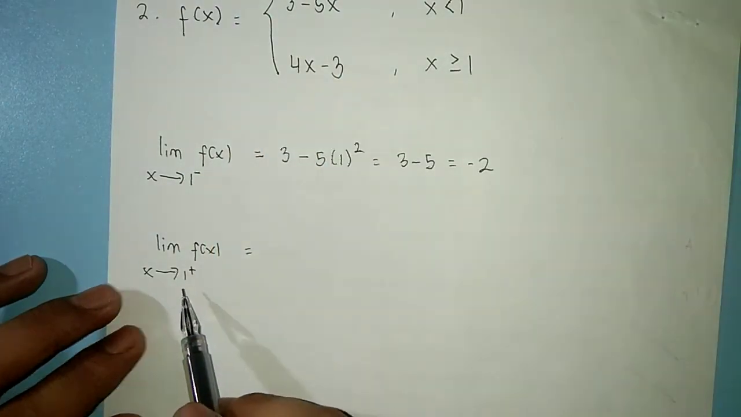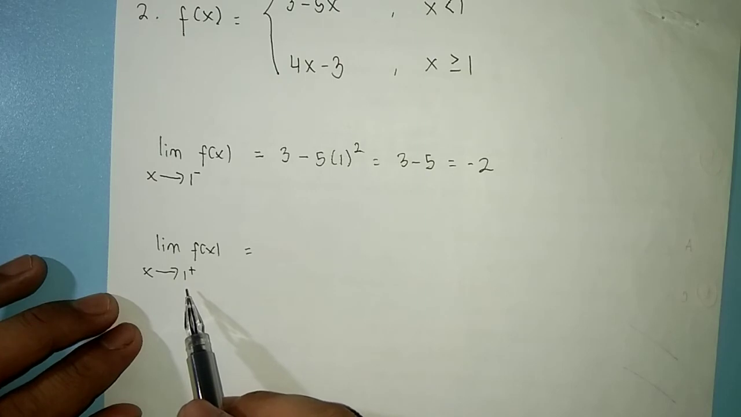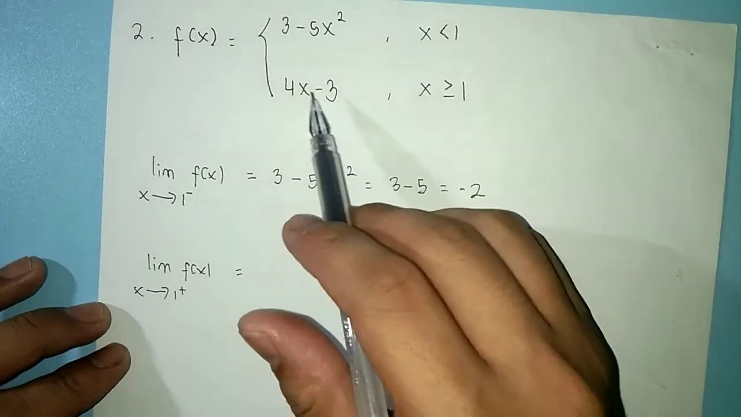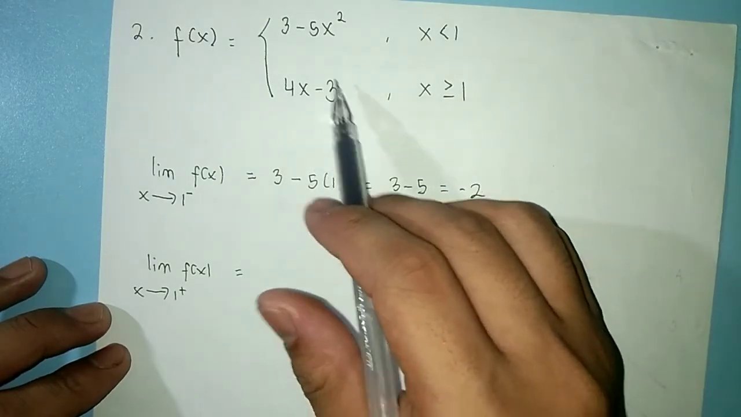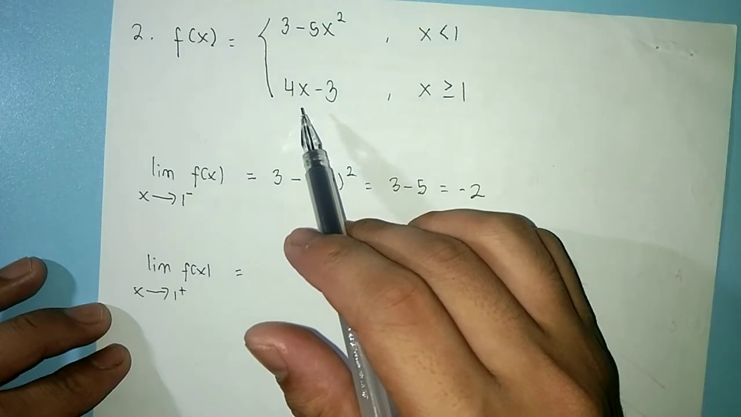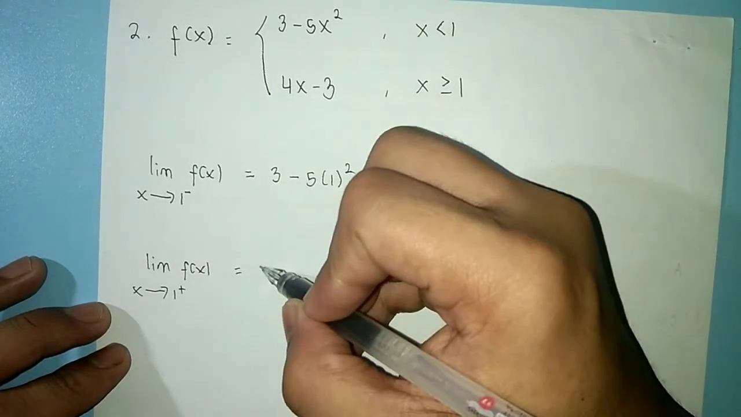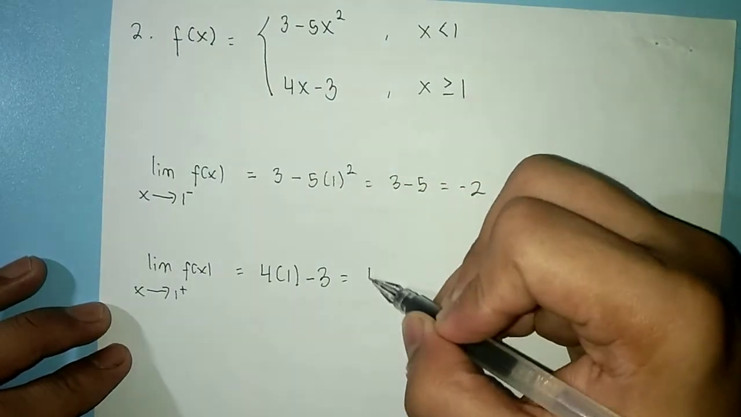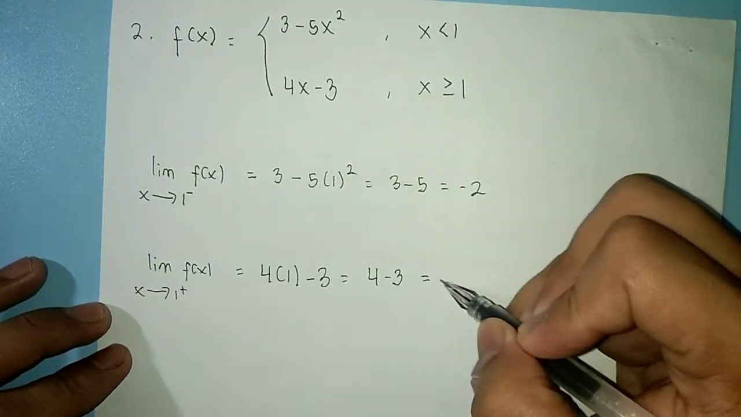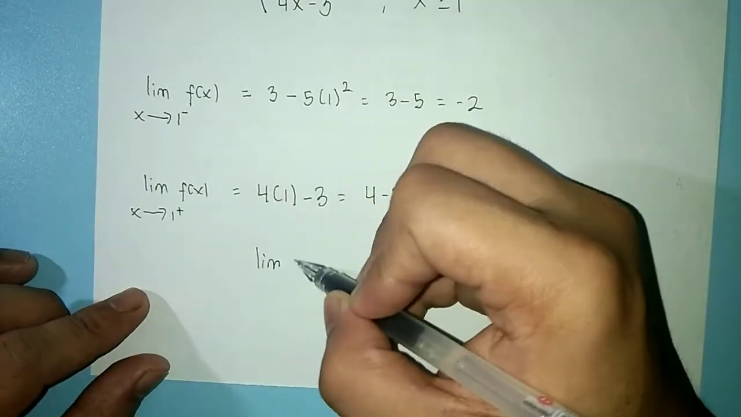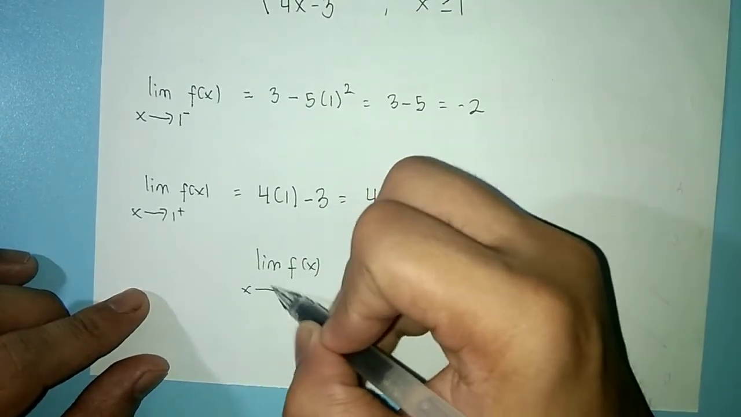So, ito mga value ng x na greater than 1 naman. Okay? So, ito yon. And then, ang gagamitin natin ay yung 4x minus 3. And since ito ay linear, pwede nating gawin ulit yung direct substitution. So, we have 4 times 1 minus 3. And this is 4 minus 3, and this is 1. And as you can see, yung left-hand limit